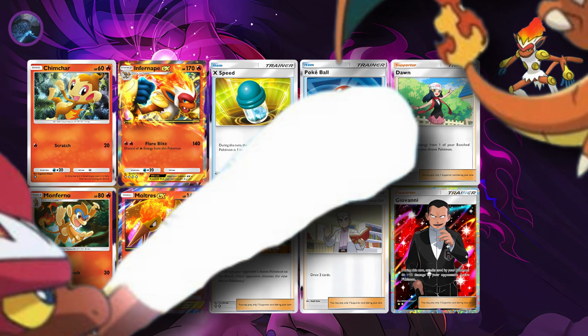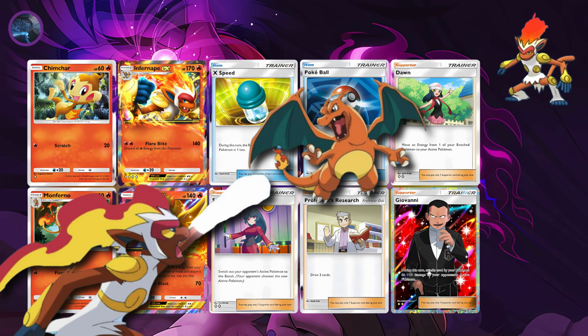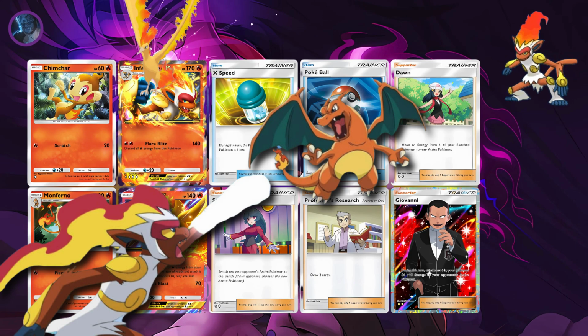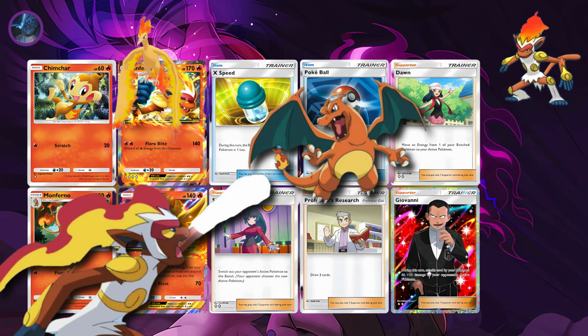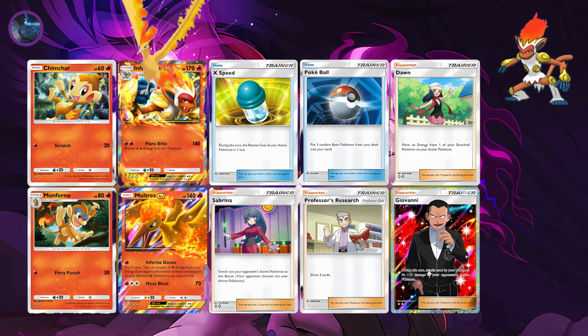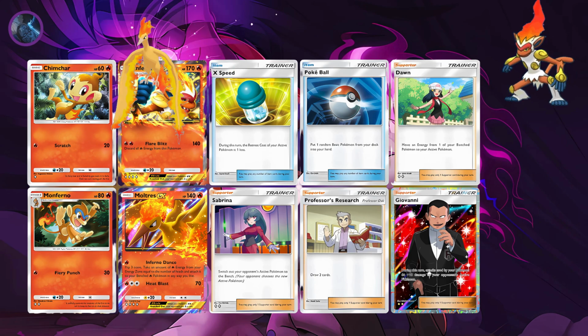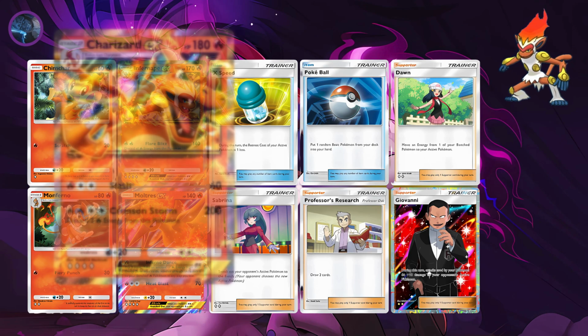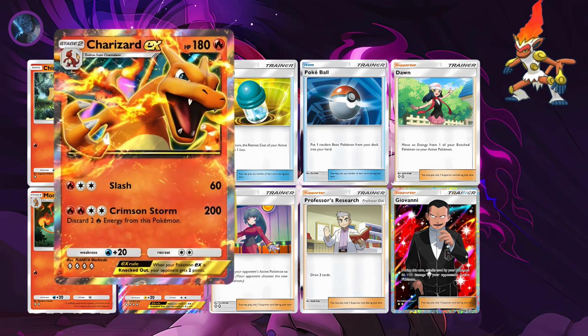it with Infernape EX. Moltres, guys, like I mentioned before, would be the battery of this entire team, because Moltres would pretty much be accumulating energy for Infernape's Fire Blitz attack. One major advantage of this deck over the Charizard deck, guys, is Infernape EX's energy efficiency. Unlike Charizard EX, which we all know takes 4 energy to fire off that powerful Crimson Storm,